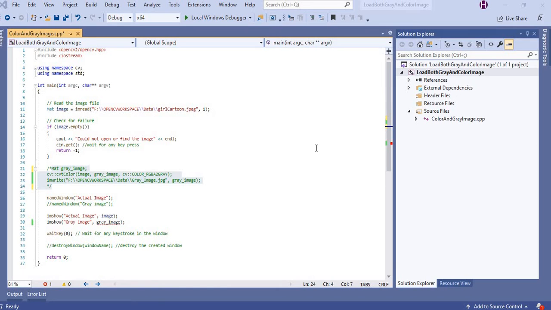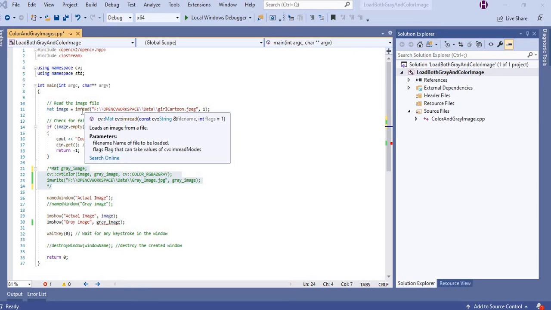Hi दोस्तों, today we are going to learn how to load or display an image in OpenCV and how to convert an image from one color space to another color space. So first of all, we have to load an image, then we have to convert the image to different color spaces. To load an image, we have to give the image path.